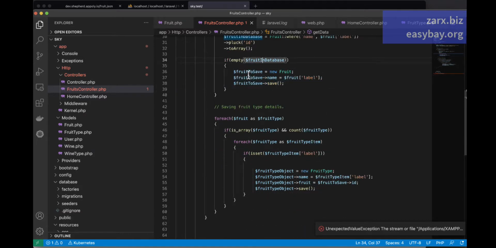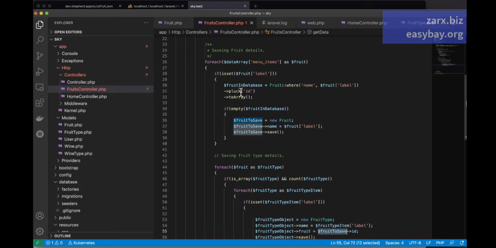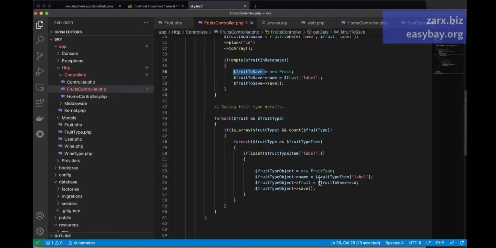Now, this variable that we have, fruit to save, is the same variable we are using here. But as the database has previously saved data, this empty statement is not firing. As it is not firing, it is not inserting any data or setting this variable, so we can't use the ID. So what we need to do in this case,